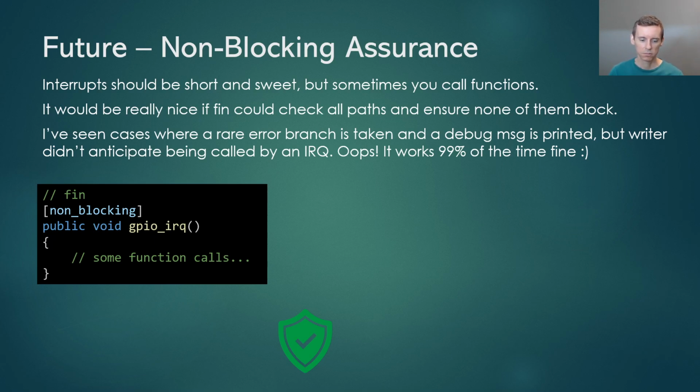And so this has happened. I've seen this happen before, where 99% of the time that interrupt works great. 1% of the time there's some sort of error, a regular reasonable runtime error, and then it goes into this other branch which blocks, and then fun times ensue. So I would love this one little simple annotation that would just catch that right away and say, yo, hey,